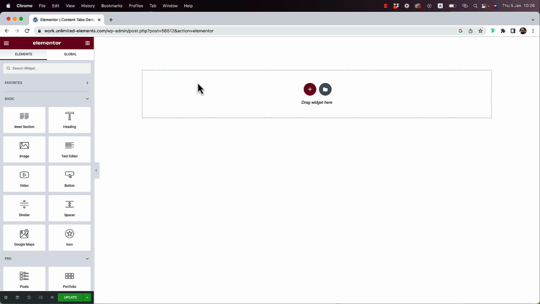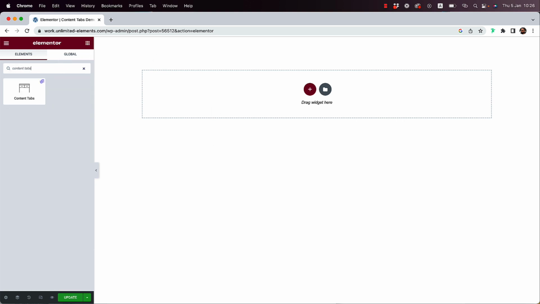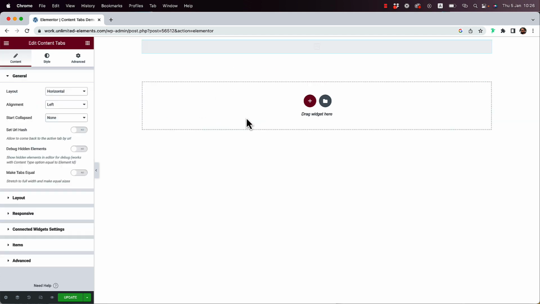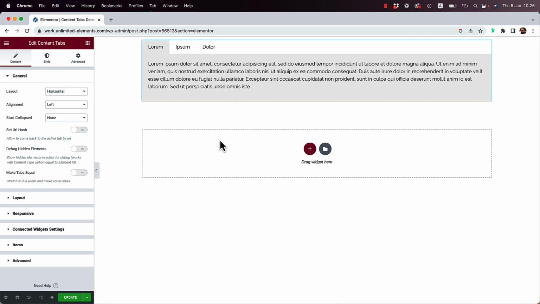To get started, I'm going to search for the Content tabs in the Widgets pane inside of Elementor, drag and drop that into my Elementor canvas, and let's get started. Over here, these are the basic settings, and they're split into general, layout, responsive, connected widget settings, and items. I'm going to take you over each part of this and show you all the unique settings that we've added